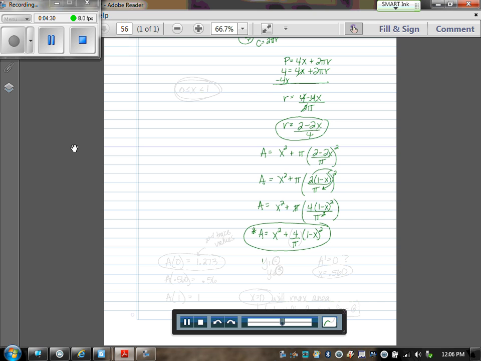So I'm going to enter this into my y1. You might want to put parentheses around this 4 divided by pi. If you're back in your Zoom standard screen, you should be able to see not only your original graph, but also turn on your derivative and see your derivative graph. From my derivative graph, I want to figure out where my derivative equals 0